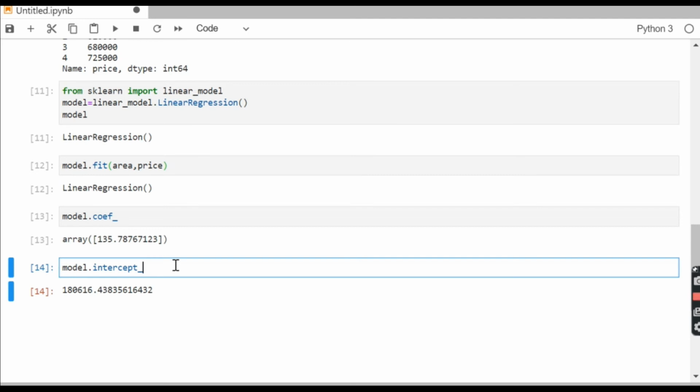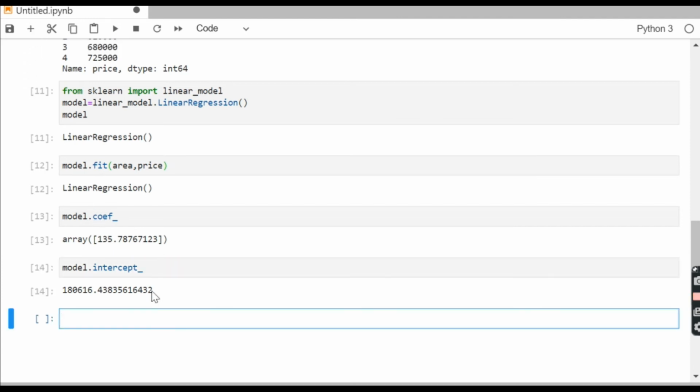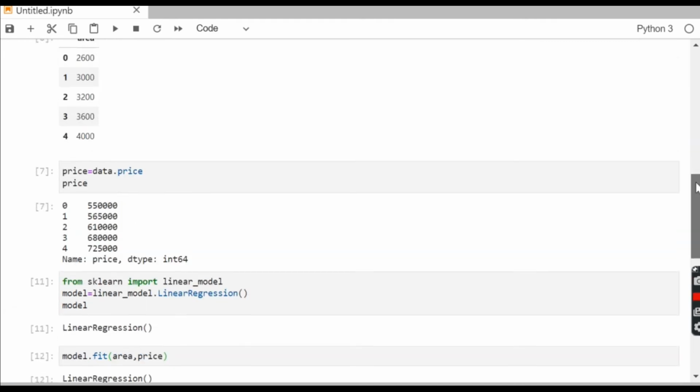The point is, if you are creating a linear model, then it will automatically calculate the coefficient and intercept for you. The next task is how you can predict values. For that you need to write model.predict. Predict is a predefined function and you need to pass a value.